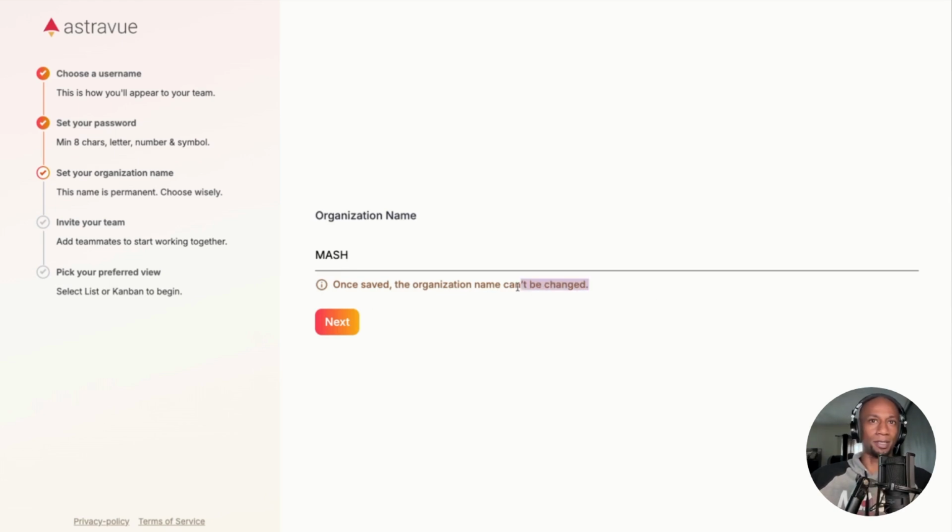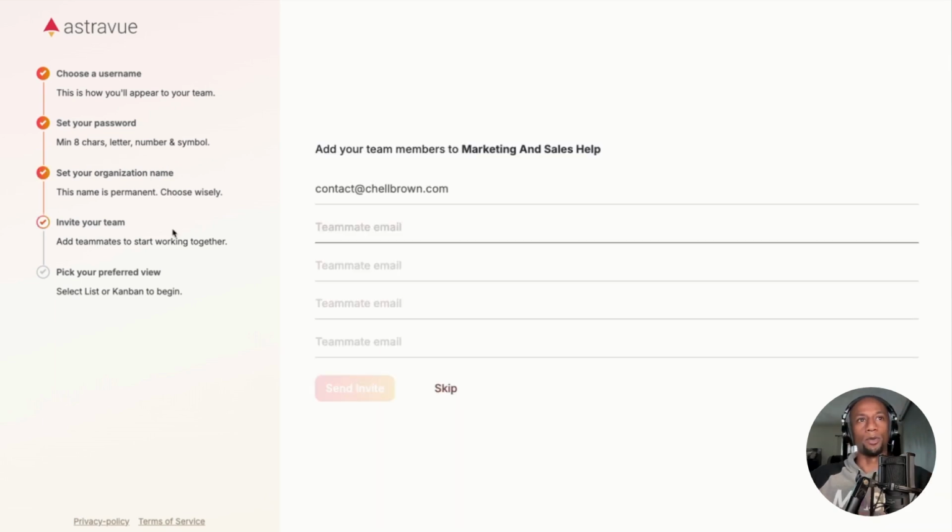I know it clearly says it here, but you cannot change your organization name once you add it. We did not get that warning, that little notification regarding the username. So make sure whatever you put here for the org name aligns with your business or what you want it to be. So after you add your organization name, marketing and sales help, you have your business name, whatever,